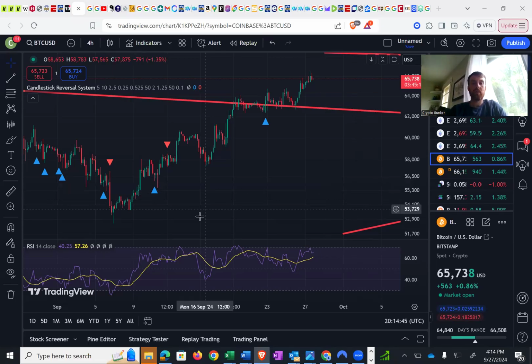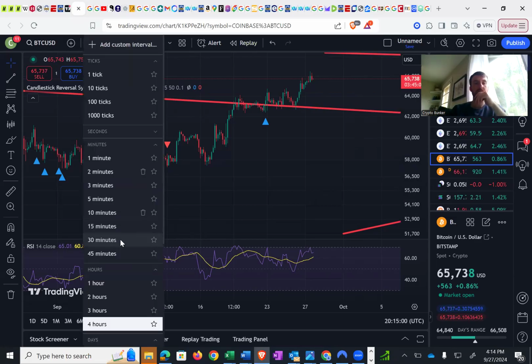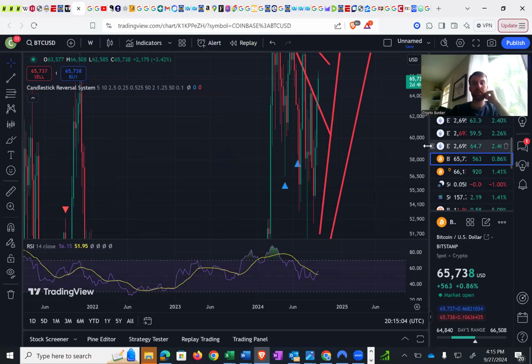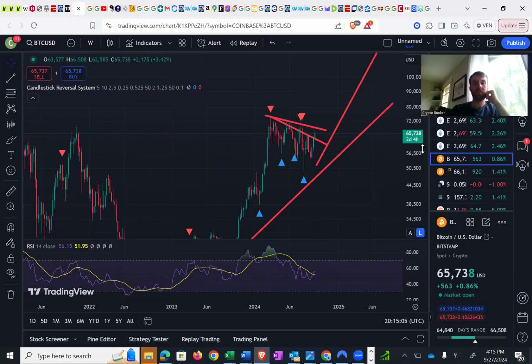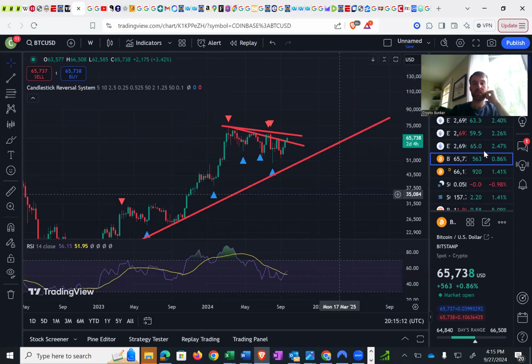So, right now we're looking at the Bitcoin chart for the past month or so. And we're up a good amount this month. I wanted to take you through a few things on the charts. We can take a look at things, we can react in real time to what is going on here for Bitcoin. We can look at some targets. We can do a bunch of stuff. But